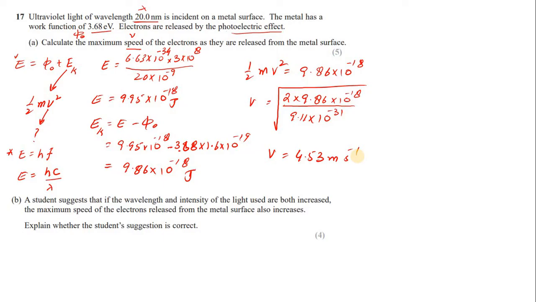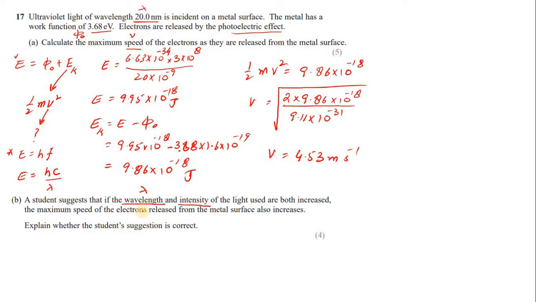A student suggests that if the wavelength and intensity of the light used are both increased, the maximum speed of the electrons released from the metal surface also increases. Explain whether the student's suggestion is correct or incorrect. What are we doing in the question? They are saying that if wavelength and intensity are both increased, then as per the suggestion, speed should be increased. Remember,